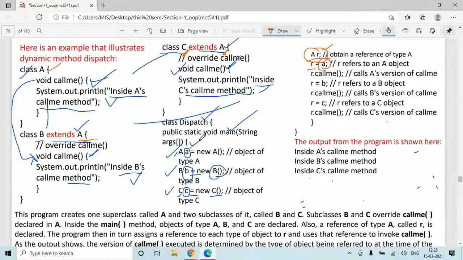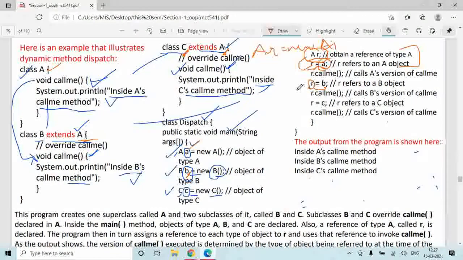What is small a? Object of A. So these two lines mean A R = new A. This line has nothing to do with dynamic method dispatch. So to the reference of A, we assigned an object of A. Then what is this? A's reference can access B's object. What is B? B's object.